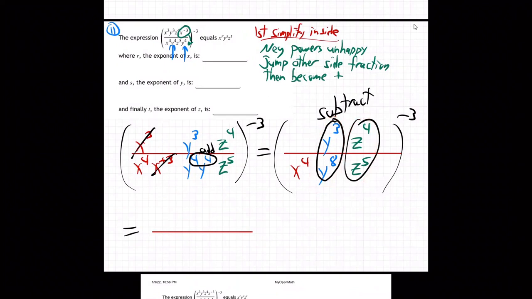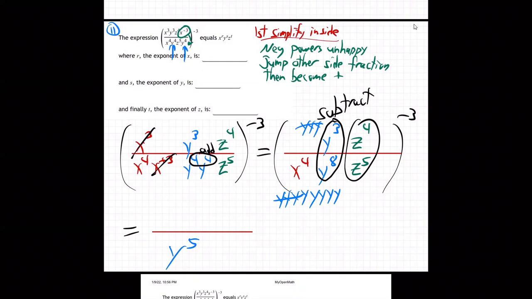Now why? I think it's best if you just think, well, what does Y to the 8th mean? It means 8 Y's. And what does Y to the 3rd mean? 3 Y's. So what happened? 3 of these cancels 3 of these, and you're left with Y to the 5th on the bottom. Makes sense? It's just natural, isn't it? That's why they're subtracting. They're just canceling. So 8 on the bottom, 3 on the top. Of course, they're going to cancel. 3 on the top will cancel 3 on the bottom. We're left with 5 Y's on the bottom.